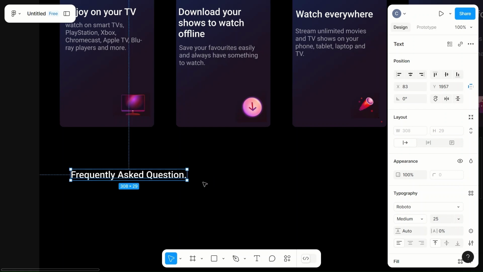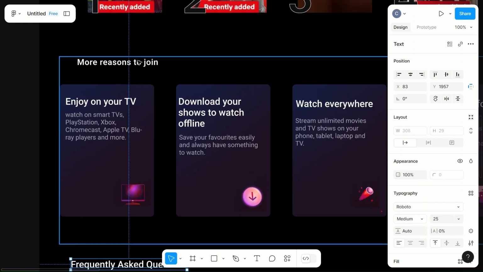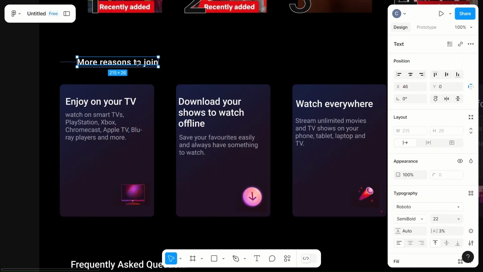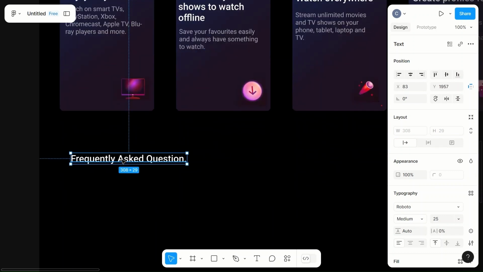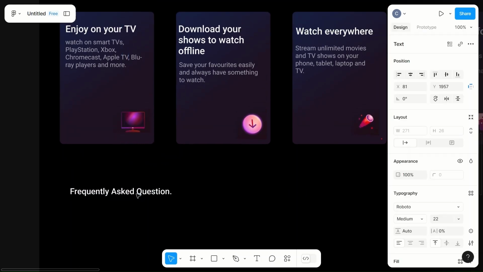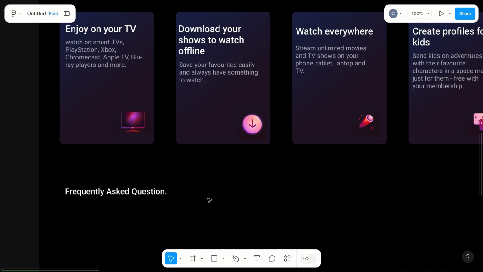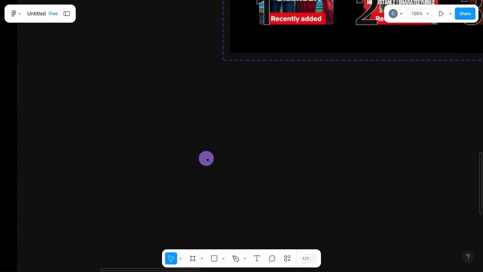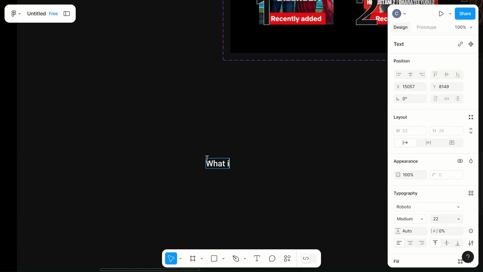Okay. Let's check what we have given to this. 22 semi-bold. And this is 25. Perfect. Nice. After that, we will add text: what is Netflix,